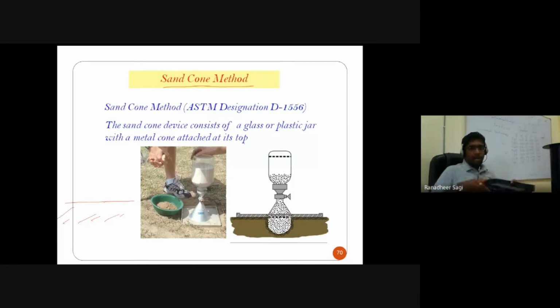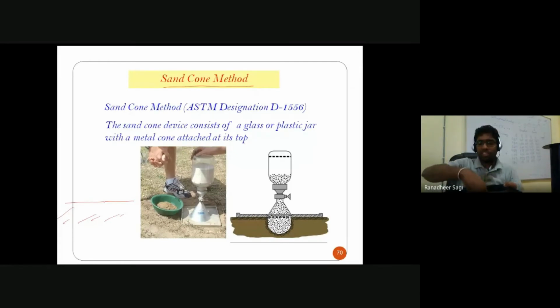On that particular surface, I am going to place this plate which has a hole in between. On the surface of a properly leveled ground, I will place this plate, and from the center hole, I will be digging the soil. Whatever soil is visible through this hole, I will dig it to a depth of approximately 10 to 15 centimeters, if possible.